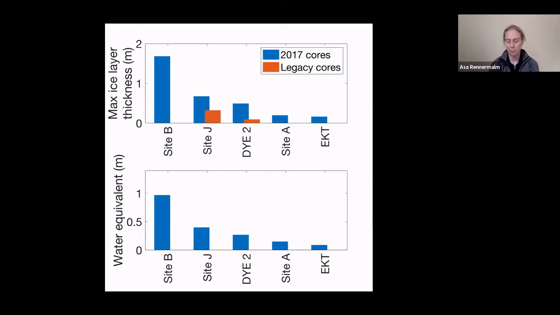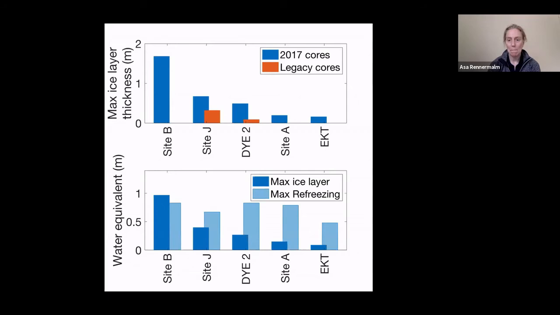So let me show you the comparison with the maximum refreezing observed 31 years before. I'm going to show you that as lighter blue bars next to these water equivalence bars. So here we go. You have the max ice layer thickness or water equivalent for the thickest ice layers in dark blue, and then lighter blue is the maximum refreezing observed in any year in the